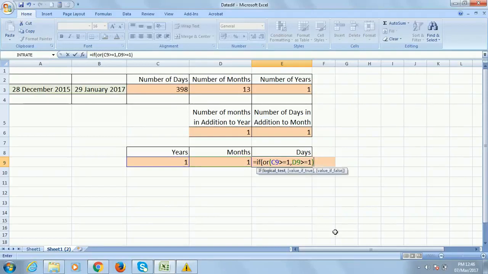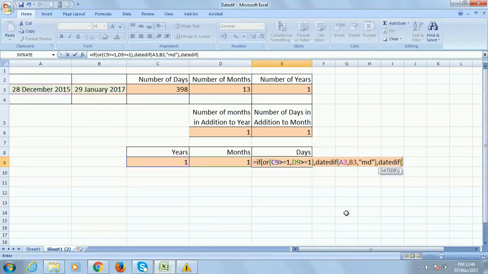So friends, if either of these two is more than or equal to 1, then DATEDIF this, here it will be MD. So if either of these two conditions is fulfilled, then I will consider it as MD,